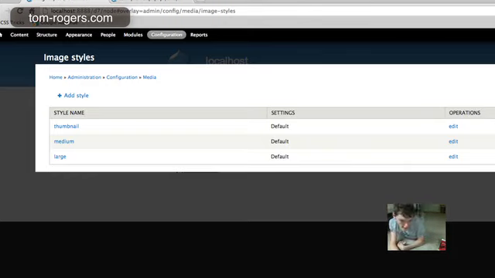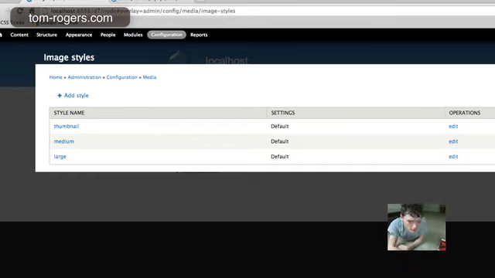This isn't a screencast about image cache, but it's important because user profile pictures are visible. So on that profile screen, you had the option to say what dimensions of pictures do you want to allow people to upload, and then what do you want to do with it,